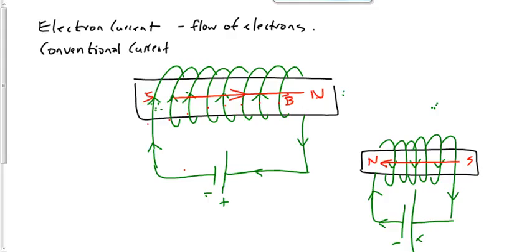Conventional current is the flow of positive charge. Now, we can have positive charge flowing. An alpha particle could be moving through the air. That's conventional current. A positive ion could be moving through water. That's conventional current. But protons themselves don't move. So if you're talking about a wire, you would normally be talking about electron current. Now, having said that,